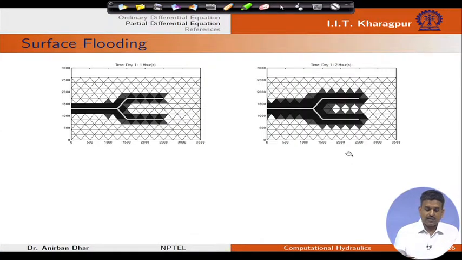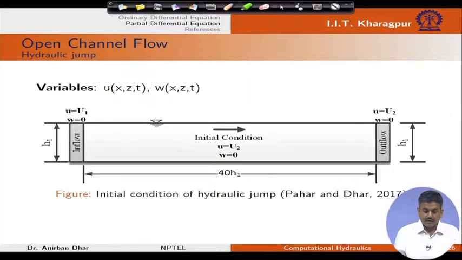So, we can get this kind of surface flooding situation. So, again that is your time varying problem,